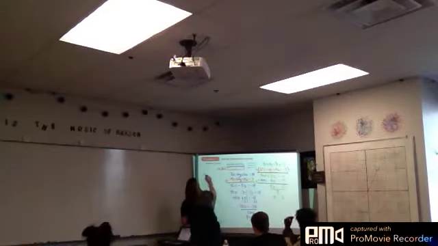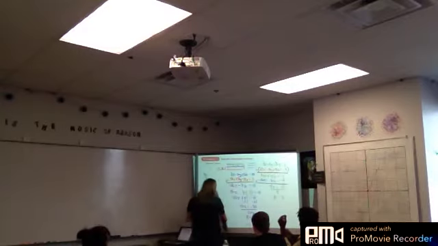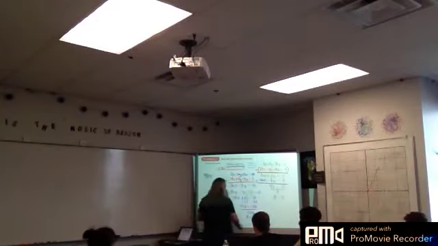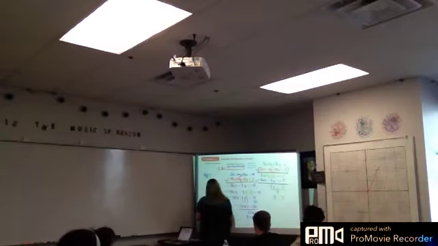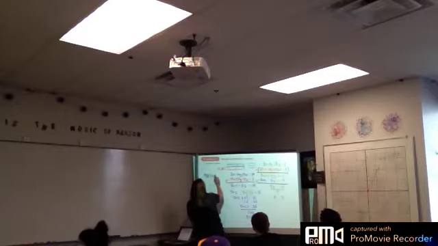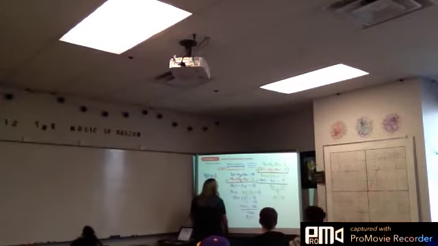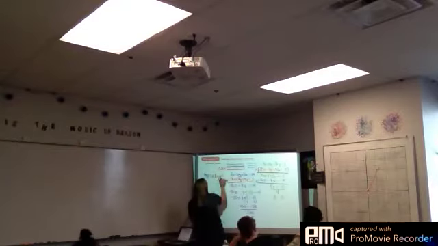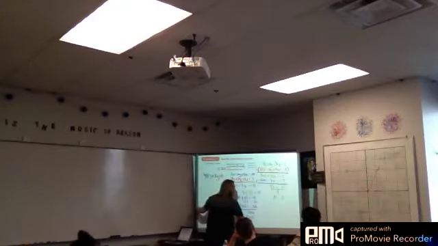And I'm going to say 4 times 2 plus 2y plus 3 times, what's my z, negative 3